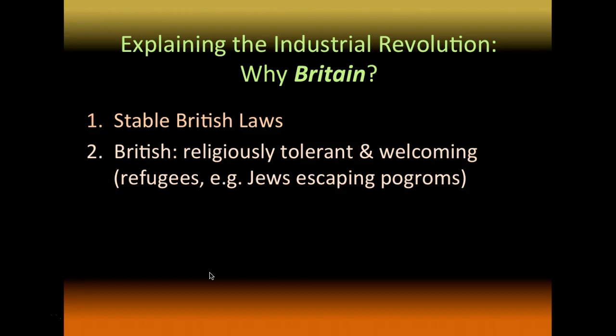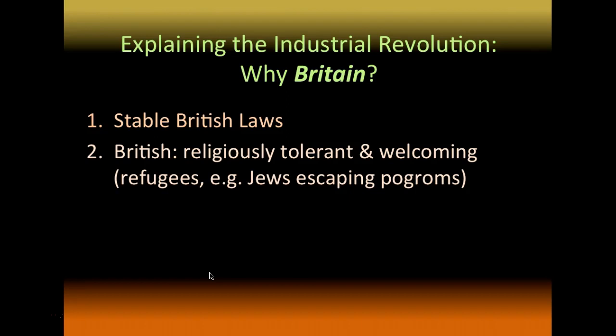The British are also very religiously tolerant and welcoming to other diverse people. Now, this isn't to say they're standing at the borders with signs saying, "Welcome, join us," but compared to other parts of the world and other parts of Europe, the British are much more gentle and welcoming and kind to other people, especially refugees. One really big example of this are Jewish people who were escaping pogroms from the East, from Russia in particular. A pogrom is a government-sanctioned mass riot where the government, the police know that the rioters are going to go attack someone, and they either do nothing or they even encourage people to go.